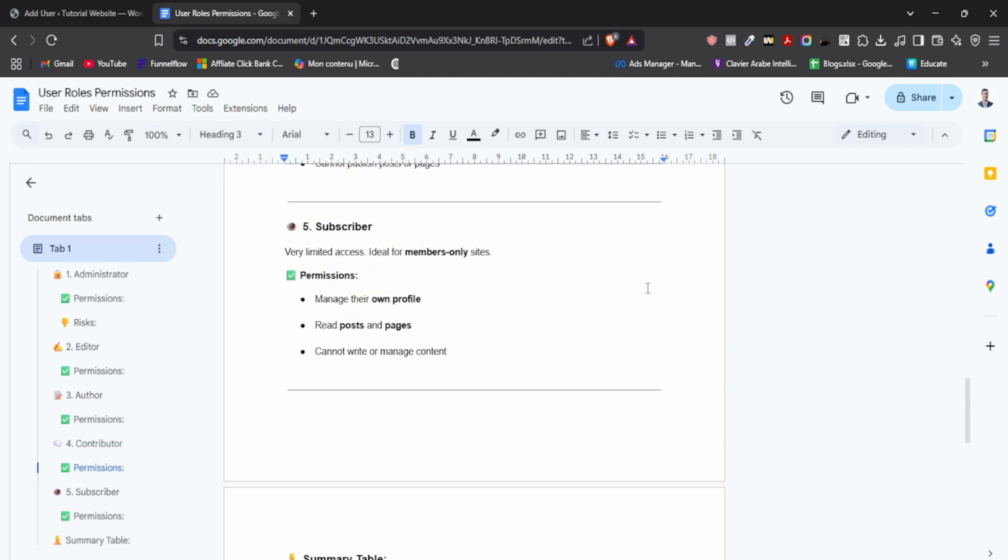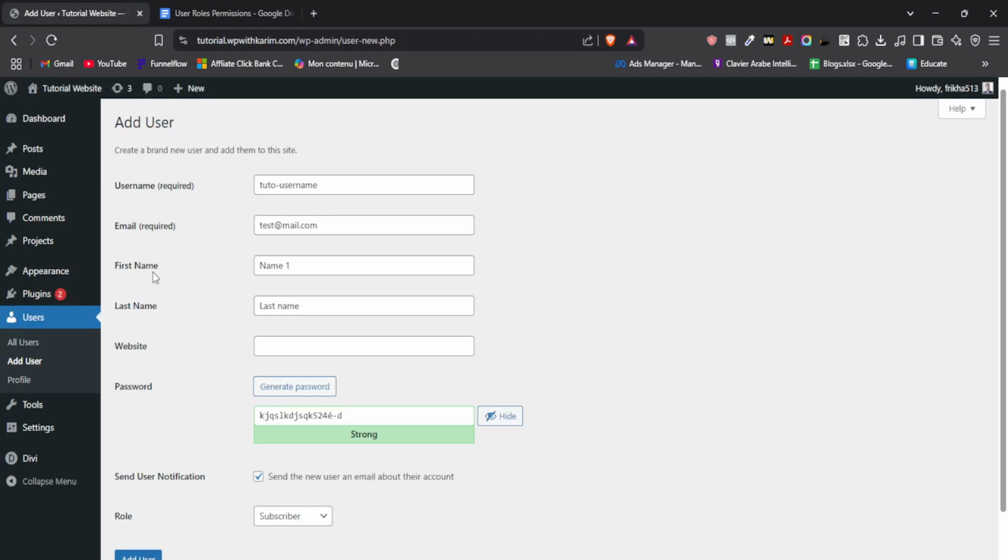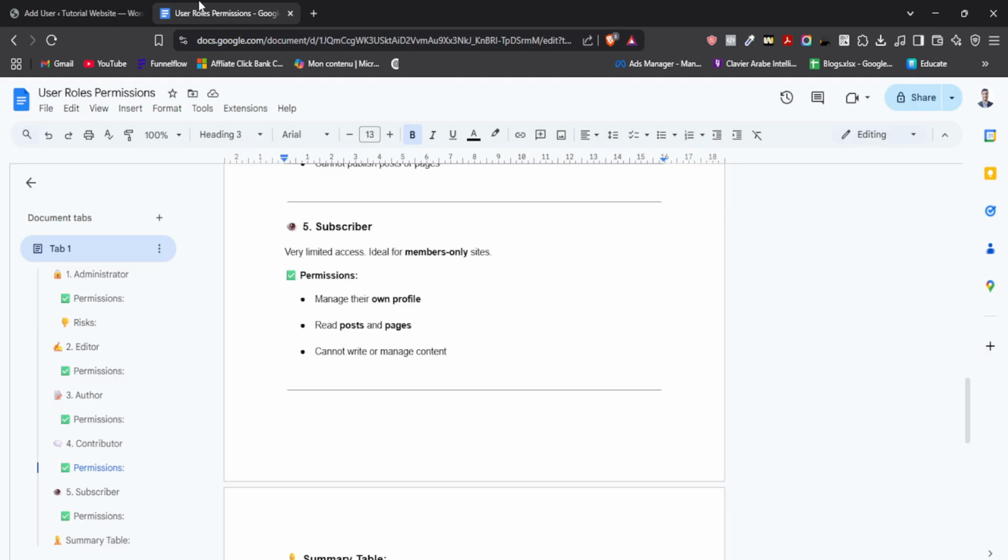And finally, we have the subscriber. This is the most used, or the normal, general user role. Anyone can have it. As a subscriber, you won't have access to this dashboard, but for example, if you are a normal user and want to comment on a post, you must be a subscriber before you can do that, okay? Sometimes the website tells you that you have to log in